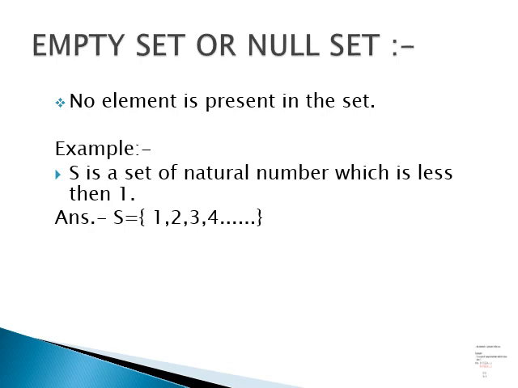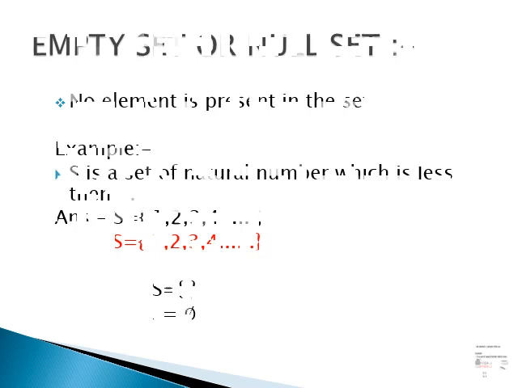So, here we can see all these numbers are obviously equal to and greater than 1. It means in this set we don't have any element. This empty set or null set can be represented by using the symbol phi. Finite set. Finite means countable numbers. Thus, in this set, the elements will be countable.